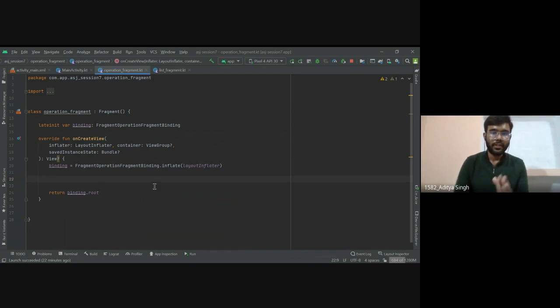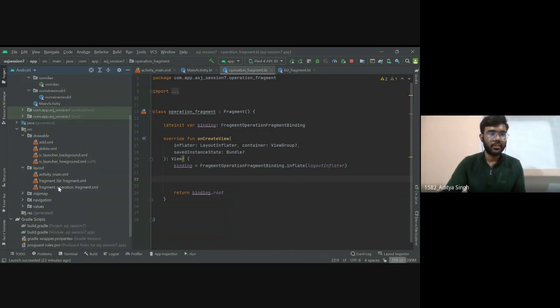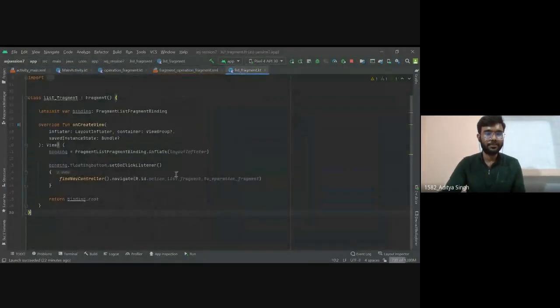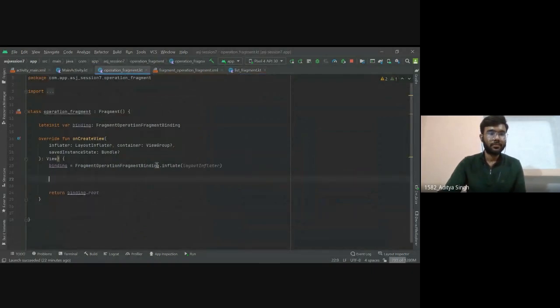So now we will write the logic for every button. I have created 3 buttons for updation, deletion, and insertion. So we will create the logic for each of these buttons. Now how will we do that? Let's see. Okay, now I also need to call the view model inside this fragment.